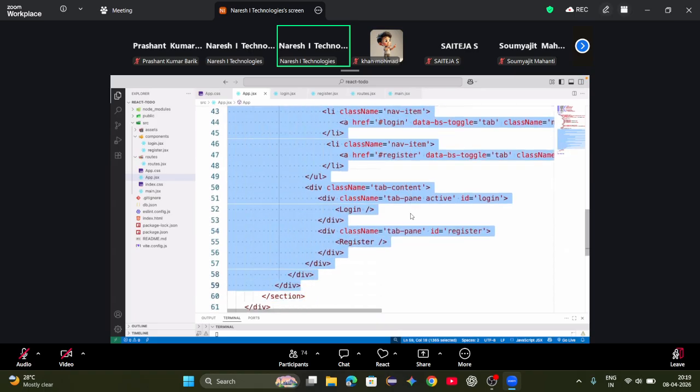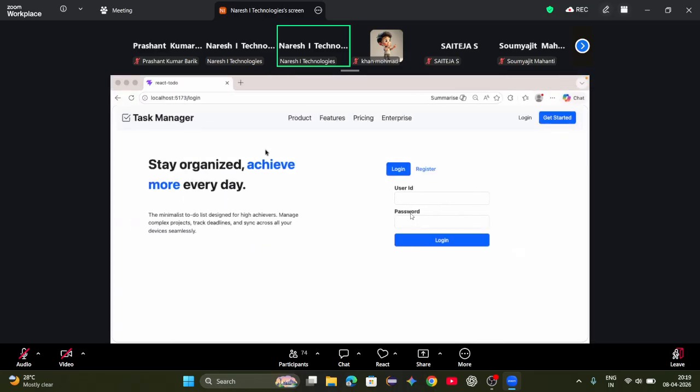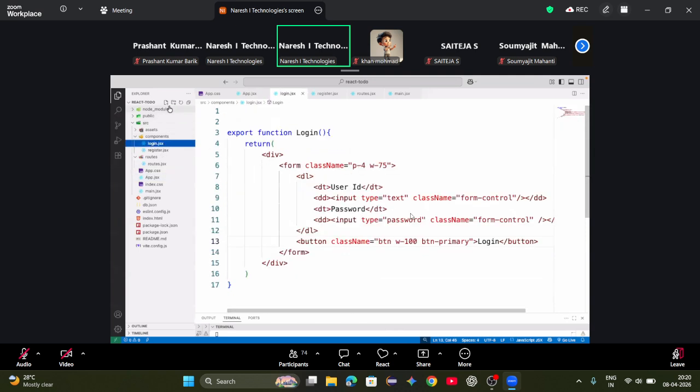This entire design should be in another component, because you are planning to render something inside this later. If you are planning to render anything inside this later, you cannot directly design here. You need to create it in a separate component and bring it from that component. So what do you say? I will do one thing. I will add